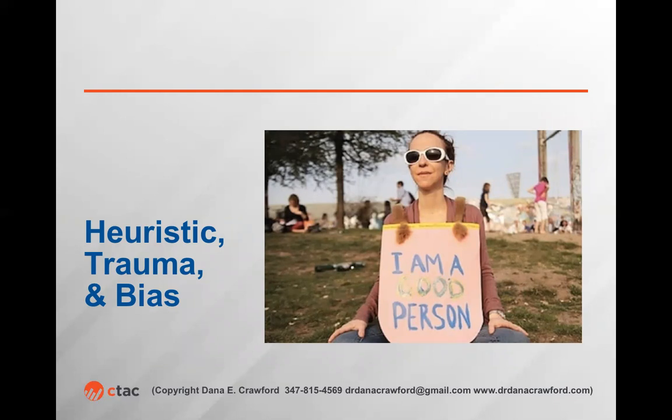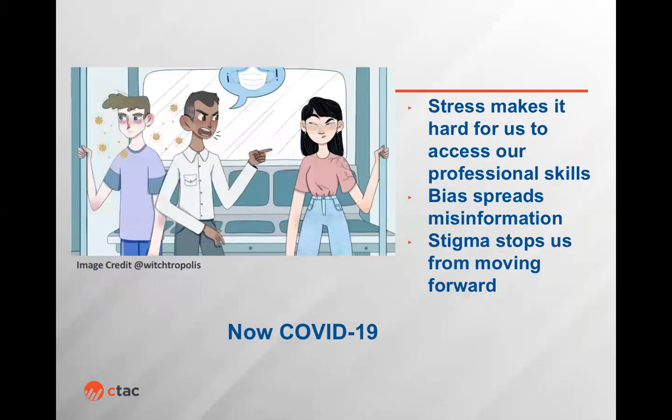In the recent weeks and months, we have seen some of the most beautiful aspects of humanity, but we've also seen a lot of bias. And what we see is that when we are not aware of our experiences, we become really stressed out. And stress makes it harder for us to access our professional skills. So when you're triggered by your bias, when that heuristic is thinking about all the ways that the things that I'm projecting onto Lisa and her family are based on my own experiences, I'm not actually accessing my professional skills. I'm accessing my own personal life.